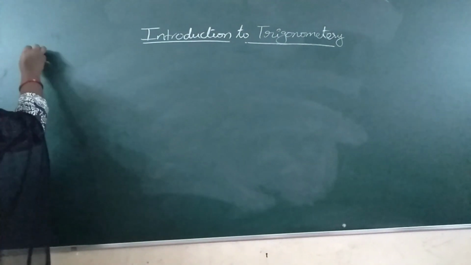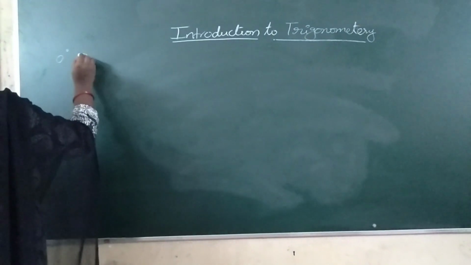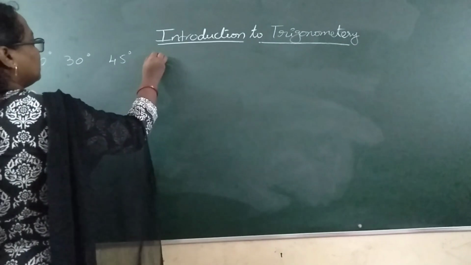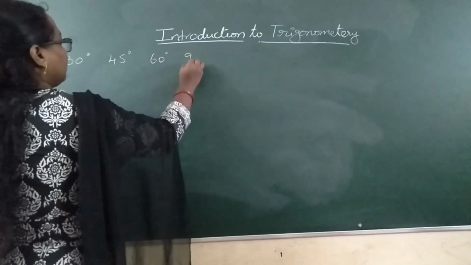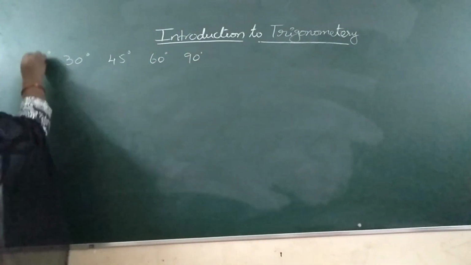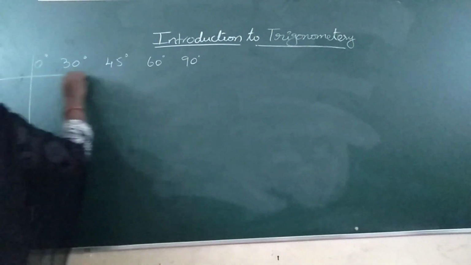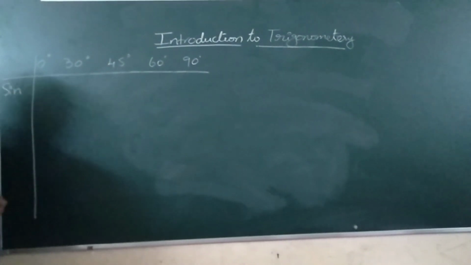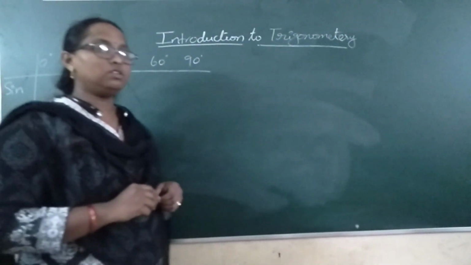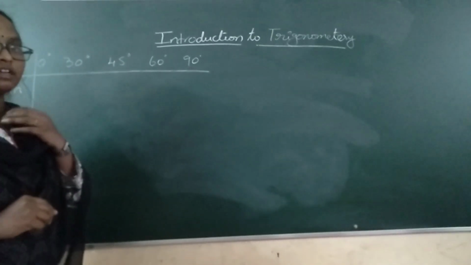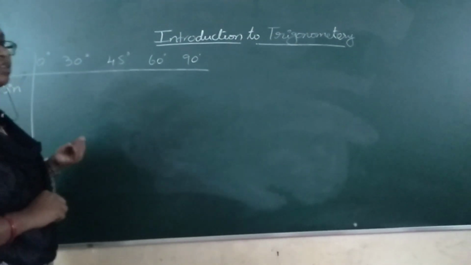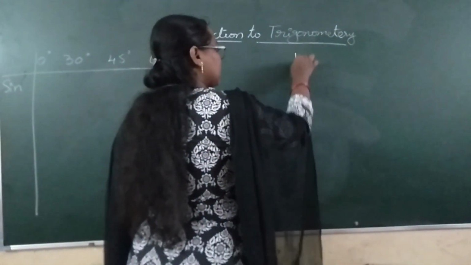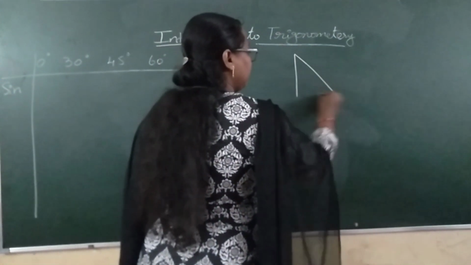So we are going to find the values for 0 degree, 30 degree, 45 degree, 60 degree and 90 degree. Instead of memorizing the table values, let us discuss how these values come. Since we are discussing with a right angle triangle,